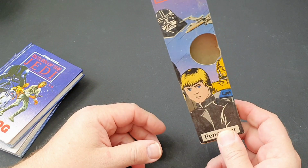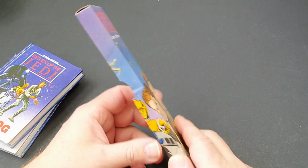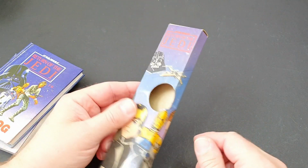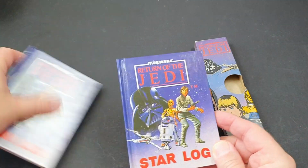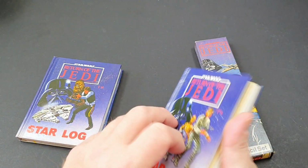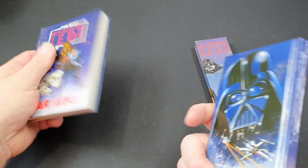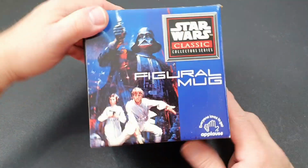So we would have, these were wholesale, you could buy these for just a few pounds a box, and we used to sell the Return of the Jedi pencils for like 50p or £1 each, but that's an empty display box for that. And these are from the same manufacturer. It's just a couple of plain little notebook jotting pads, so they're quite nice as well, and they're from the same manufacturer. Then we've got this one, which we've seen a couple of these before on the channel,